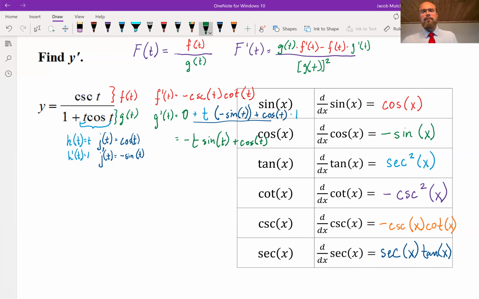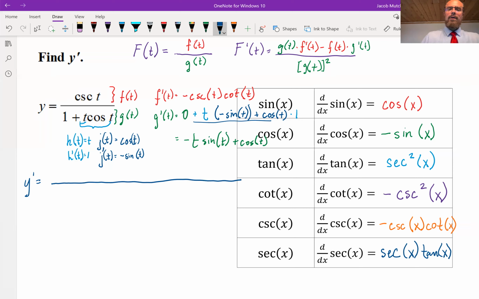And now we're ready to fill into our quotient rule, now that I have my 4 parts from the original quotient set out. So let's start writing our derivative. So y prime. Remember, the quotient rule sets up its derivative as another quotient. And we'll fill in here based on our color coding. So f of t is going to, actually we start with g of t. So let me pick up green. It's going to be 1 plus t cosine of t